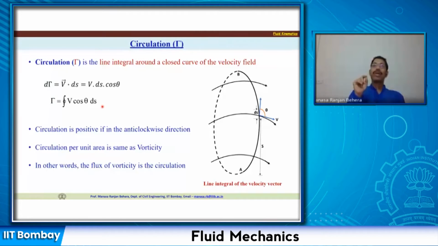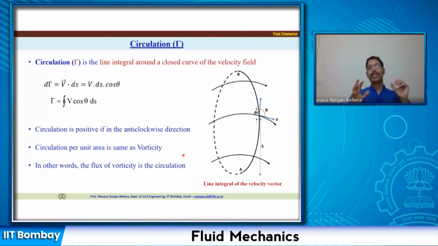So if you are calculating the circulation, you need to know the velocity. If you know the velocity and you know the angle, theta is automatically going to take care of your clockwise or anticlockwise motion. If theta is more than 90 degrees, you will get a negative value, so automatically your circulation will be negative, and if it is less than 90 degrees, then it will be a positive value. You just need to ensure that theta is taken care of properly.